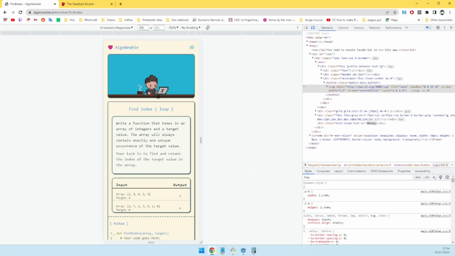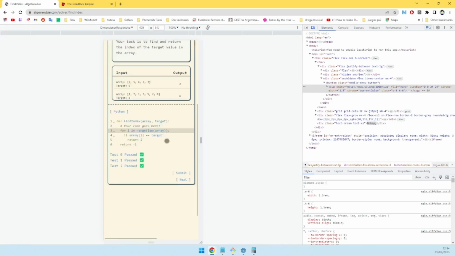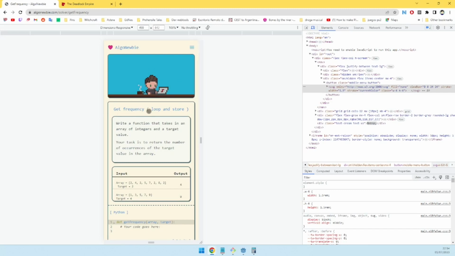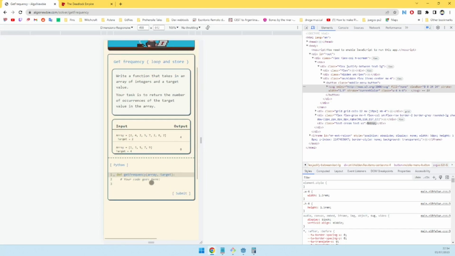Yeah, looks a lot like my avatar on Twitch and everywhere else. So write a function that, oh okay, I have to go to the next one. Get frequency, loop and store. Write a function that takes in an array of integers and target value. Your task is to return the number of occurrences of the target. Okay,